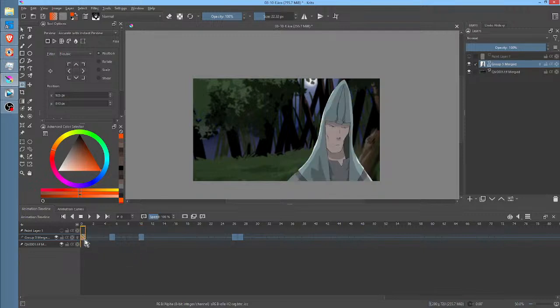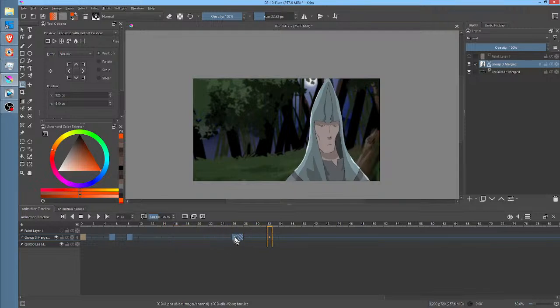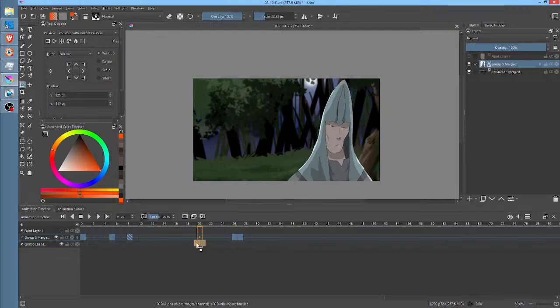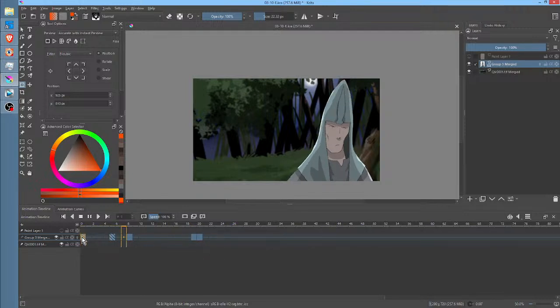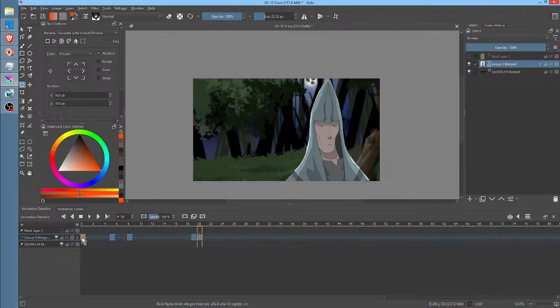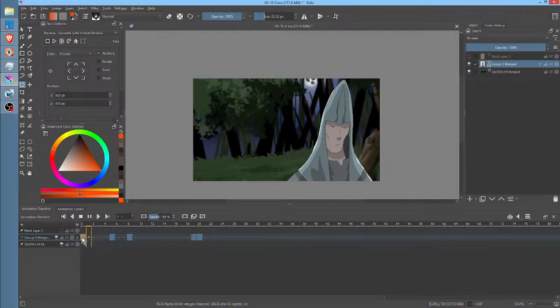Drag this one back here. Ah, that's not bad. Attitudinally, I kind of like it. Then this needs to be earlier, so I'm going to hit Shift Alt. That allows me to just ripple the whole thing, which is definitely cool. For all my complaining, you didn't used to be able to do that in Krita.